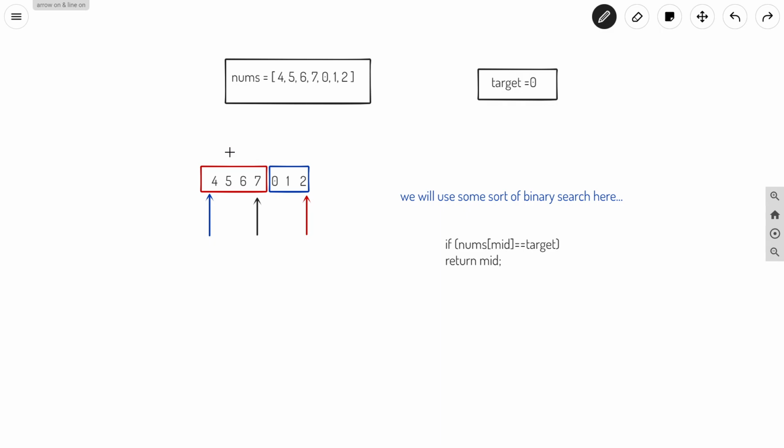So if we want to search for target 5, it is smaller than our mid number but greater than our L. So in this case we will search for the left part.